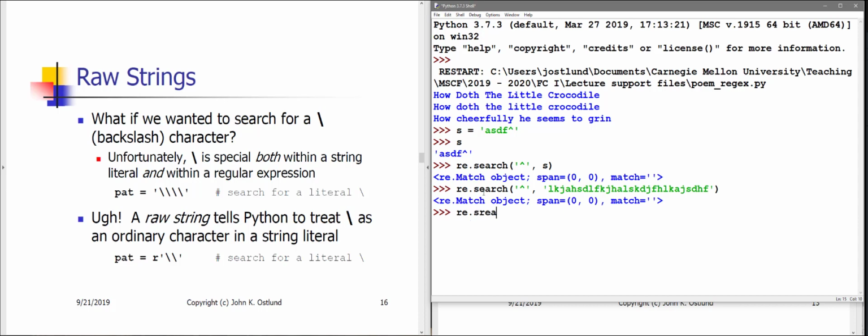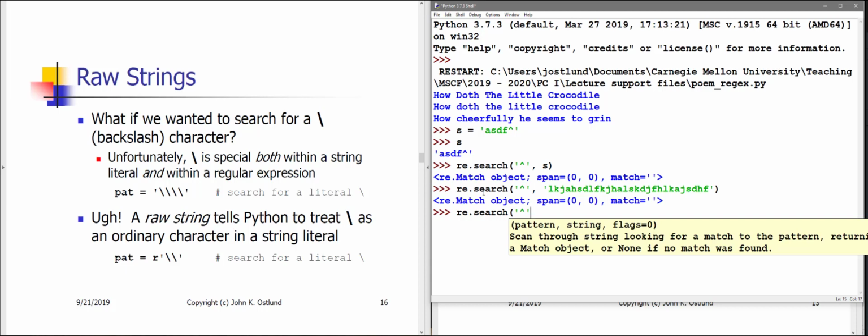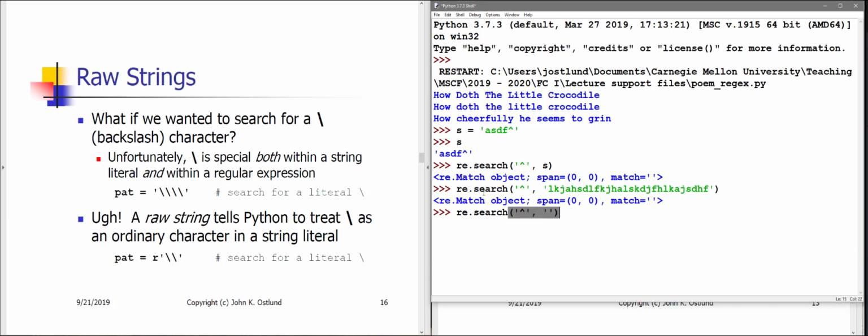If I say re.search for a caret in the empty string, well, the empty string contains no characters, but the empty string does start, so I get a match. All right, so what I need to do if I want to search for a caret symbol in a string somewhere,